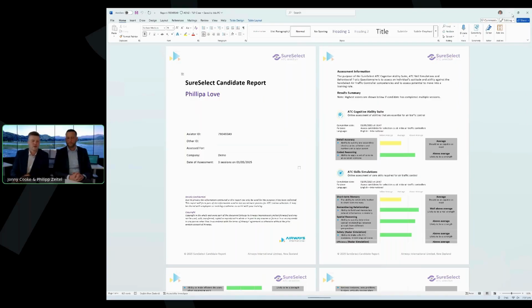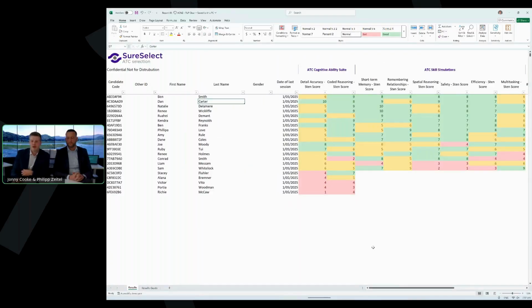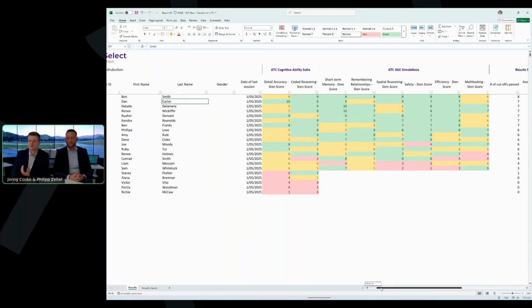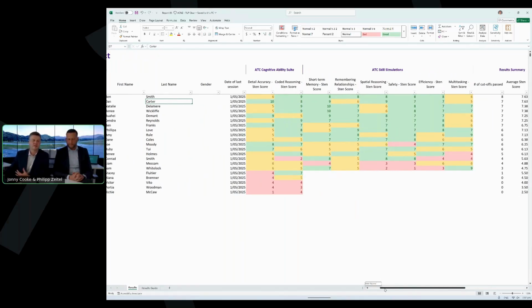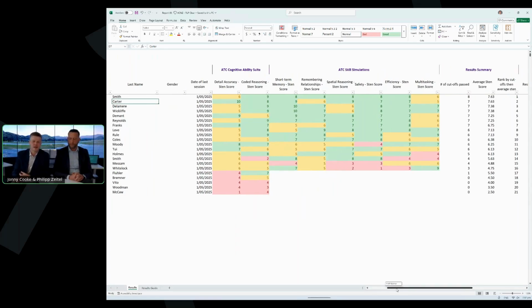The other really good thing about this dashboard is it allows us to generate an Excel report that's in a similar format to what you see online. Some people prefer to work in Excel, allows them to integrate with other systems, to create tables, to do sorting and filtering. If they're using other selection tools as well, it allows them to bring those in too. Holds that same nice color-coded layout.